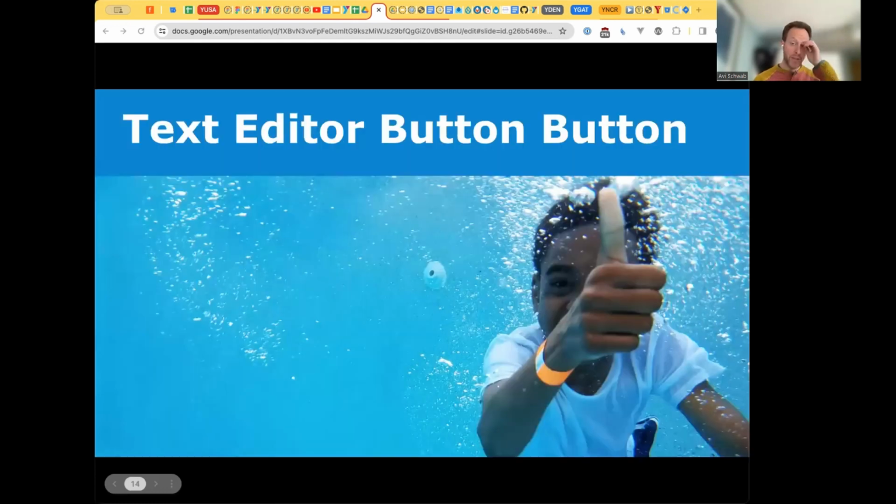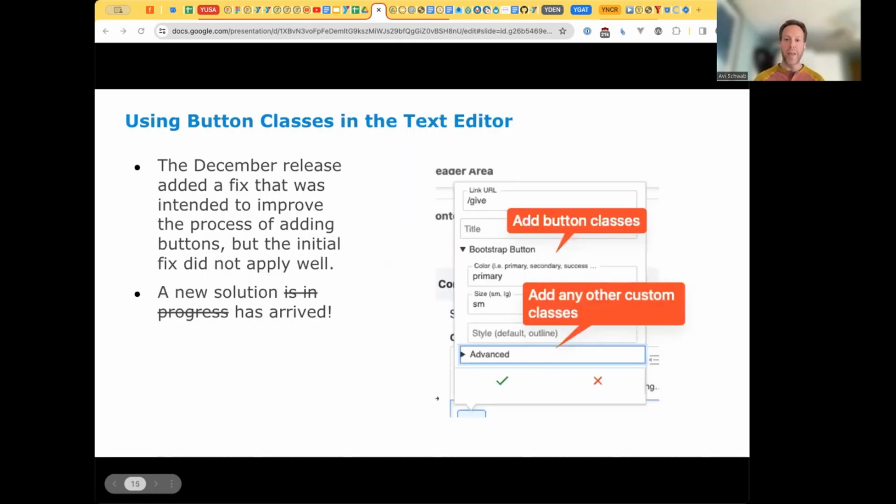Tom. Next up is the text editor button. So we've reviewed this in the past, but there was a way to make buttons in the text editor, the little colored buttons in your text fields, that was not working for a while with the Drupal 10 update. And we told you that we had a solution in progress, and the solution is here. So in the